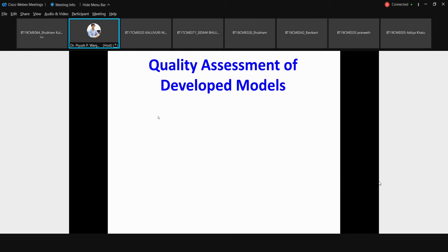So what criteria can you have, what can you determine so that you can compare the different models? Yeah, you mentioned the R square value in the last class. Yes, R square value is something we can determine. But R square is just one of the things that people use regularly because it has some statistical significance and it is very simple to determine. There can be other ways also to determine the quality.